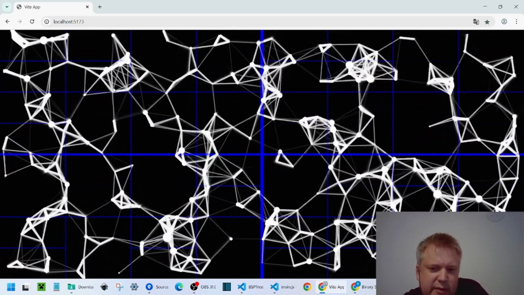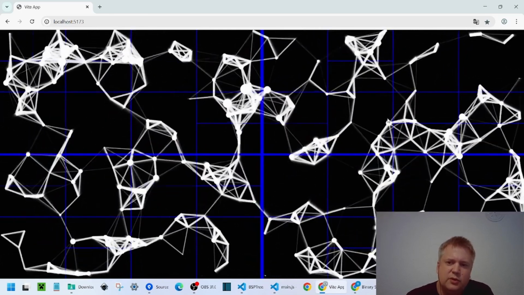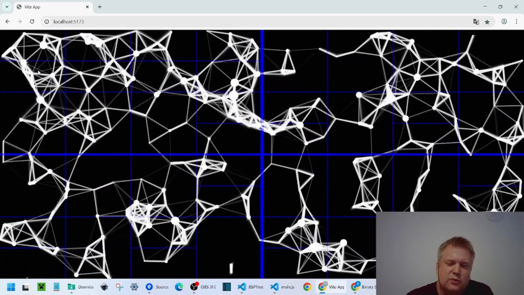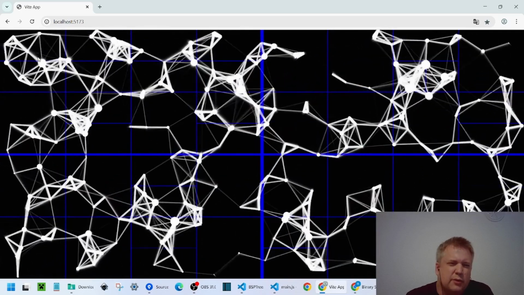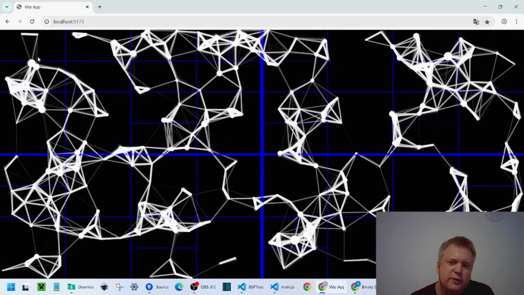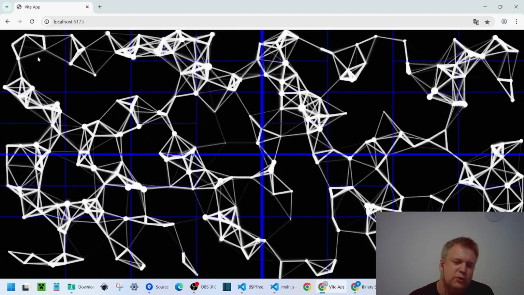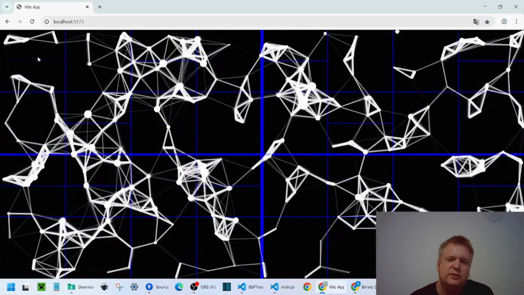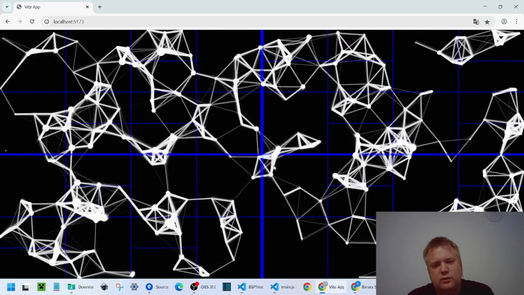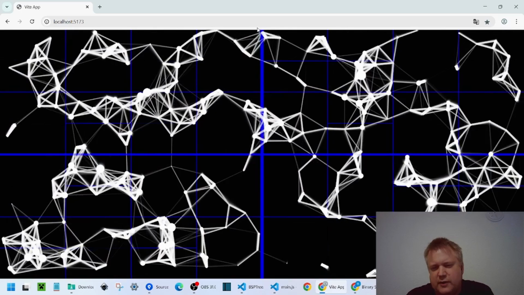The thing is that to draw these lines, we need to find what dots are close to each other, and if we have a lot of dots on the screen, it can be very tedious for the computer to measure the distance between every dot and every other dot. So if we have 1,000 dots, then we will have to do 1,000,000 computations to compare each dot against each other dot. So one way we typically do this in programming,